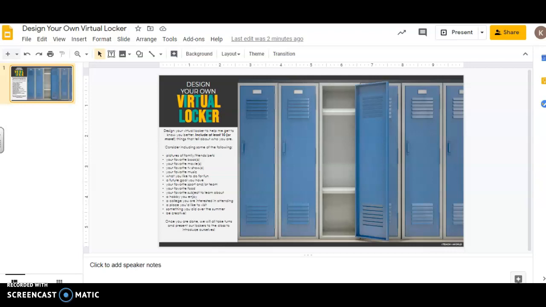So for this quick little assignment, our get to know you assignment, we're all going to be decorating our lockers with things that we like: our favorite books, our favorite TV shows, maybe a future goal you have, or a favorite food. On the left-hand side of this slide gives you some examples of things you could use when you're decorating your locker. You are not required to have all of these, but they are just some suggestions to help